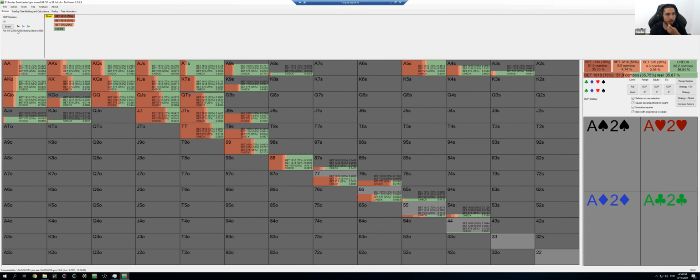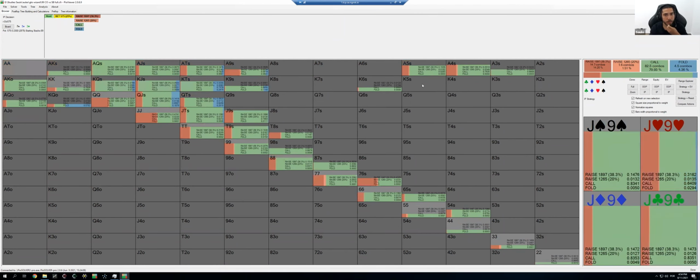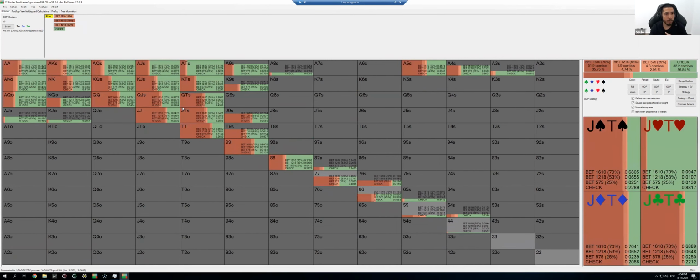If you bet small here with all your range, you pretty much don't make any hands in your opponent's range indifferent. The only hands that villain can't continue are high cards with hearts, right? So betting small with your entire range here is a very dominated strategy. You don't really deny equity to your opponent, so you must size up. And as you size up, given that you have a bunch of air yourself, you're not going to be able to bet your entire range. So you're going to have to split your range between bets and checks.